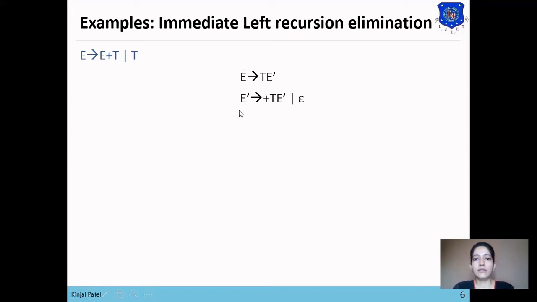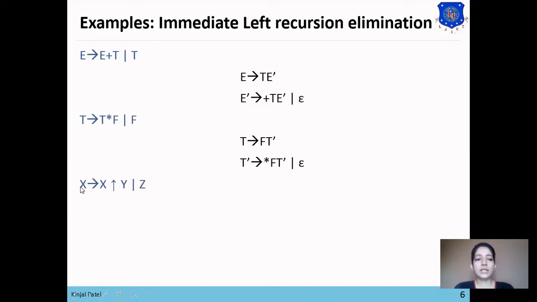So we have eliminated left recursion from the production rule. Second example, you can see T produces T star F or F. Here you can see that the first non-terminal symbol is repeated at the right hand side, and this causes left recursion. So we want to remove it. First we will select the alternative which has no left recursion in it. So we'll select the second alternative F and generate the new non-terminal T dash, and in the second level T dash produces our alpha, which is star F. So star F T dash or null.